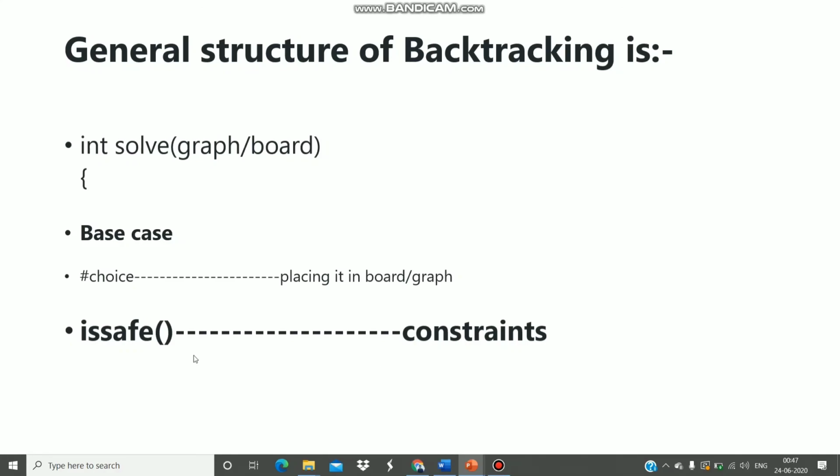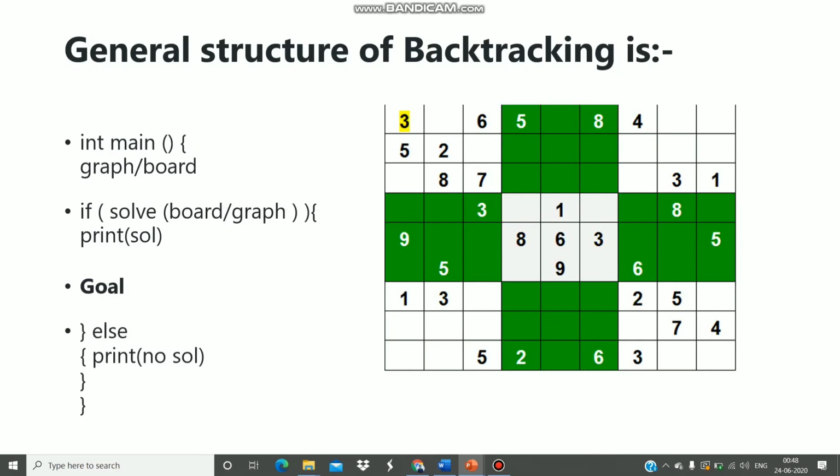So if the isSafe function is true, I'll fill that empty cell with the choice that I have selected. The isSafe function will contain arguments, like the board and your choice, and with the help of these values we'll find whether it is valid, whether it is safe to put that number in the cell or not. So the choice is there, we need to write our constraints in the isSafe function, and we need to ultimately move